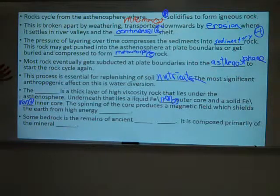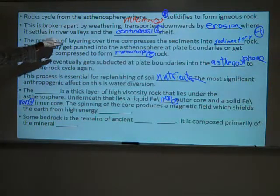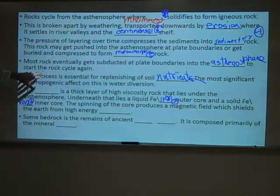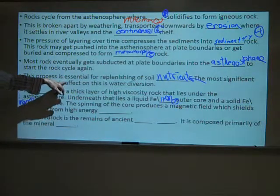And because of this rock cycle process, because new mountains and landforms are still being created, which can break apart and come down and fertilize the valleys, which by the way is why a lot of civilizations started in the river valleys, because they're very fertile because of those sediments. But those nutrients being spread out in that way from the crust of the earth means the soils remain fertile with a lot of different minerals, and life continues on. So that's one thing that is a very good reason